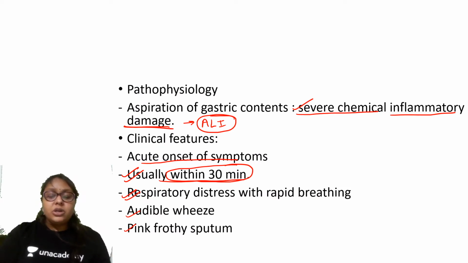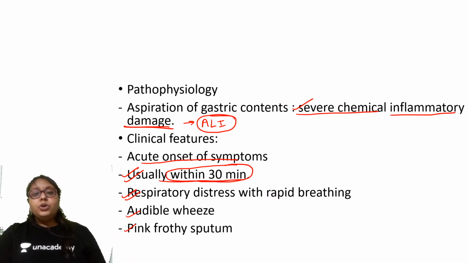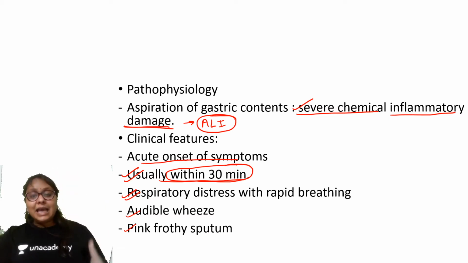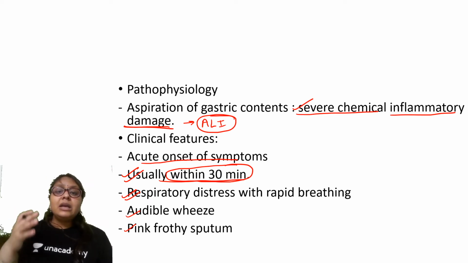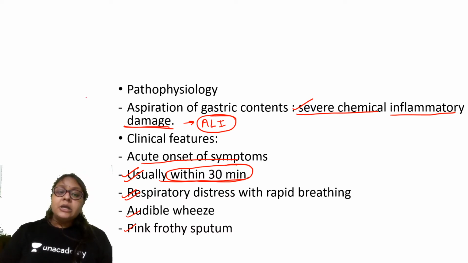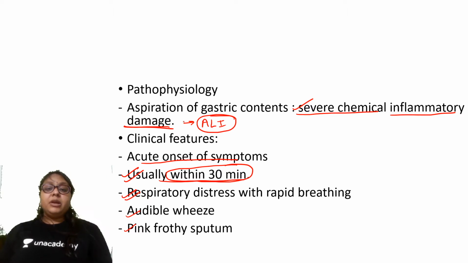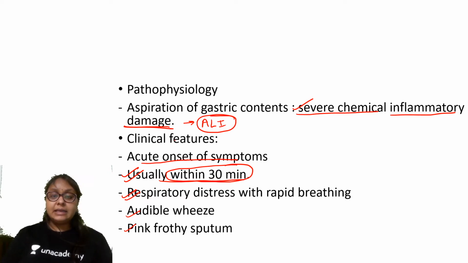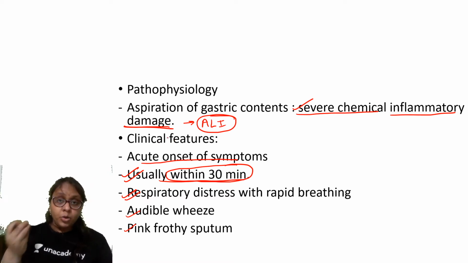Now, what is the pathophysiology of Mendelssohn syndrome? As I told you, there is aspiration of the gastric contents, right? These gastric contents cause severe chemical inflammatory damage, and because of the severe chemical inflammatory damage, it leads to acute lung injury. The clinical features for this are mostly acute symptoms, which occur